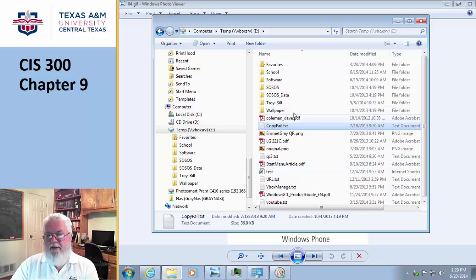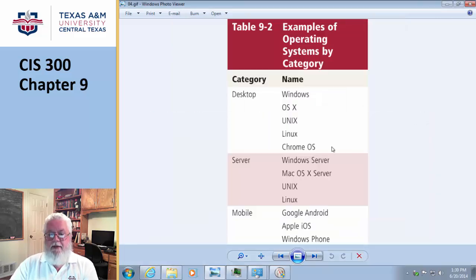Am I logged into that? No, I'm just using services. And I will tell you the answer. This is running Linux. Okay, this little guy right here. So yes, I don't have to log into Linux. I don't have to see Linux in order to be able to use Linux. Okay, let's continue. And then, of course, the bottom is the mobile space, which is where a lot of people